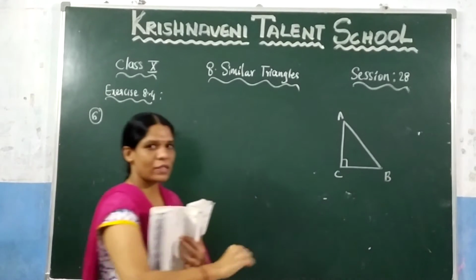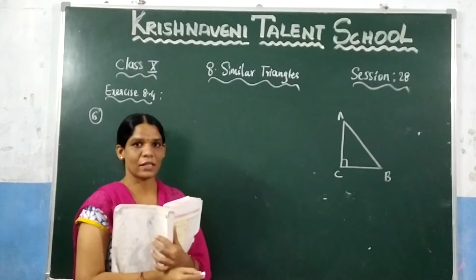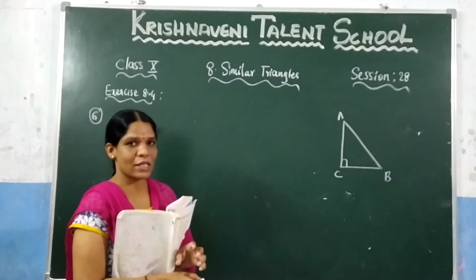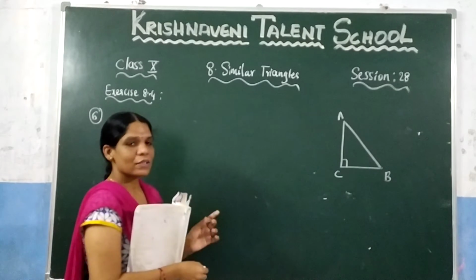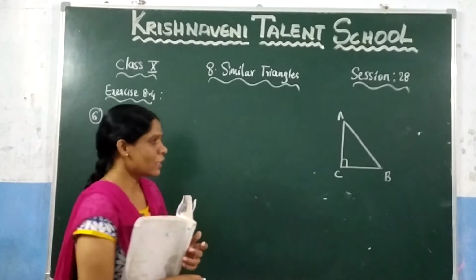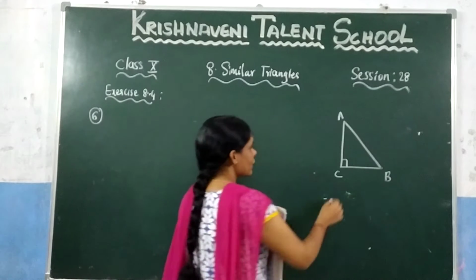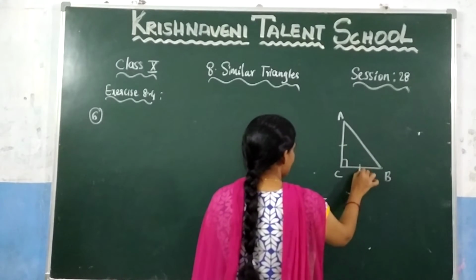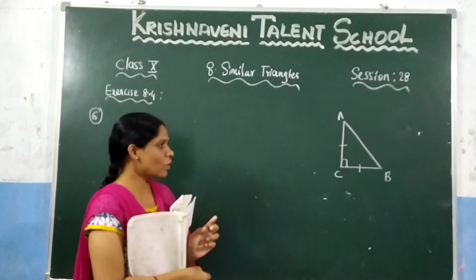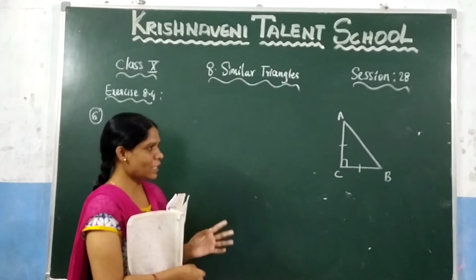Now what they have given here, it is an isosceles triangle. What is the meaning of isosceles triangle? Two of the sides are equal. So which two sides do you have to take here? Definitely you know that in a right angle triangle the hypotenuse is the longest side. So the remaining two sides will be such that those two are equal. So they have given AC is equal to BC. Because it is an isosceles triangle, two of the sides are equal. So what are those sides? Which is nothing but AC and BC.